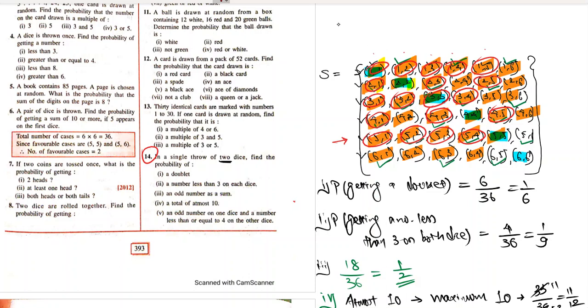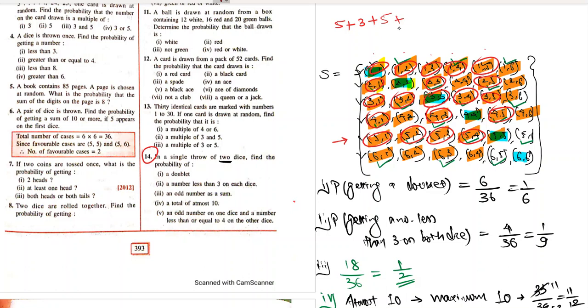So in the first row I've got 5 numbers. In the second row 2 comma 1, 2 comma 3, 2 comma 5, 3 numbers. In the third row 3 comma 1, 3 comma 2, 3 comma 3, 3 comma 4 and 3 comma 5. One number is odd, other is less than equal to 4. 5 is odd and 3 is less than equal to 4. Yes. So in the third row there are 5 such numbers.